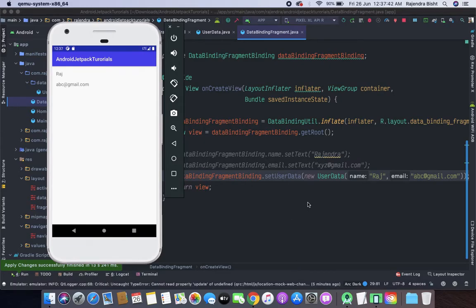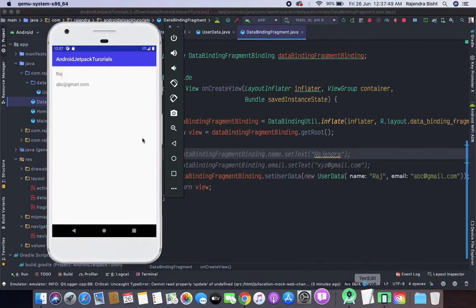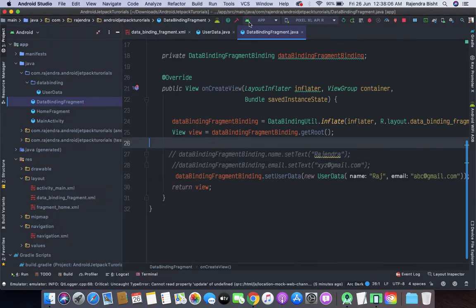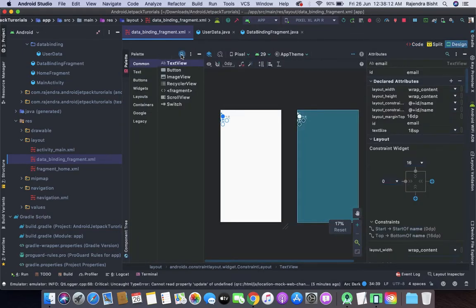Now we will create two-way data binding. Let's suppose I have an edit text view here, and as soon as we type any character in the edit text view, it will directly change in the object. So let's go to the fragment. Here I will add an edit text view.